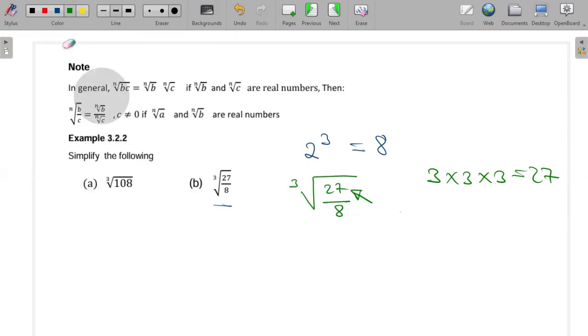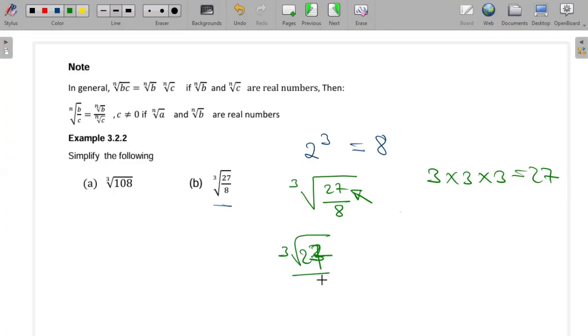I have 2. So I can get 2 there. Since there's what? There's 8. So this here, I can simplify. So this here gives me what? Gives me a 2, like that. And I mean 3. Then, so if you say cube root of 27, like this, cube root of 27, since